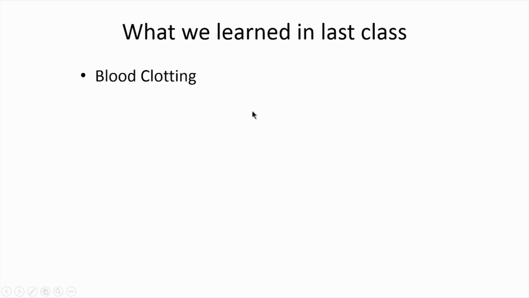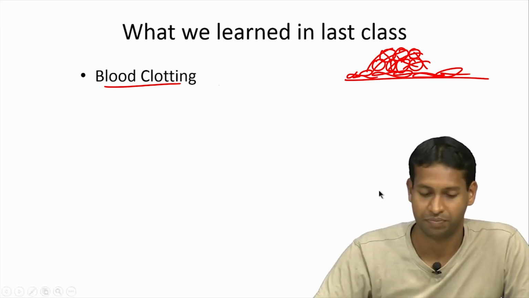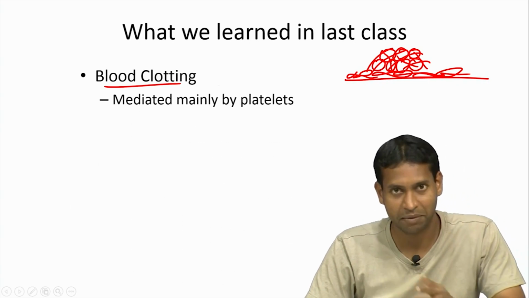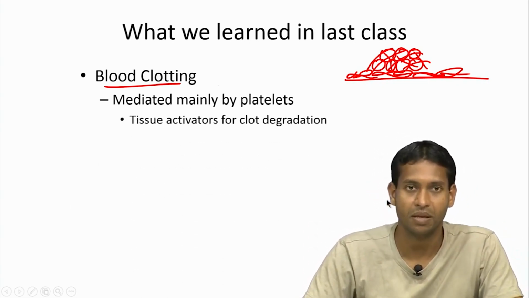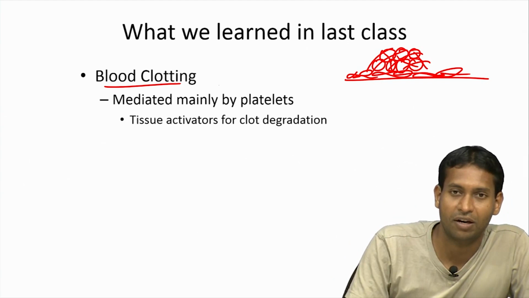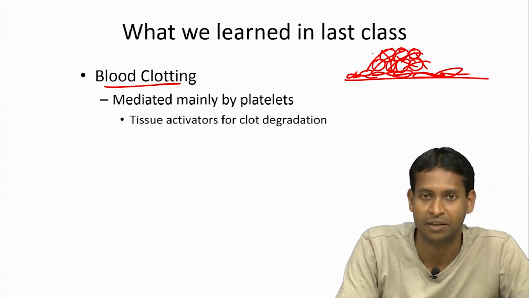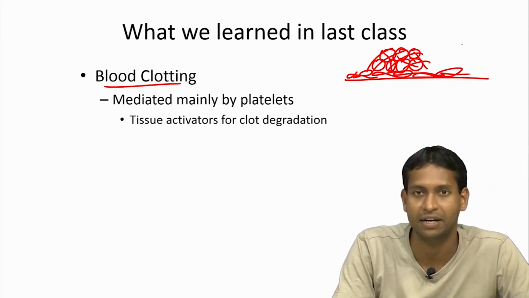In the last class we finished a discussion on blood clotting. So, any material when it adsorbs protein can result in binding of platelets, which when activated cause a fibrin mesh to form. This is a normal physiological response to any injury, so as to prevent bleeding out, mainly mediated by platelets. And then once the clot has served its purpose, once the healing has started to happen, the area is getting cleared away